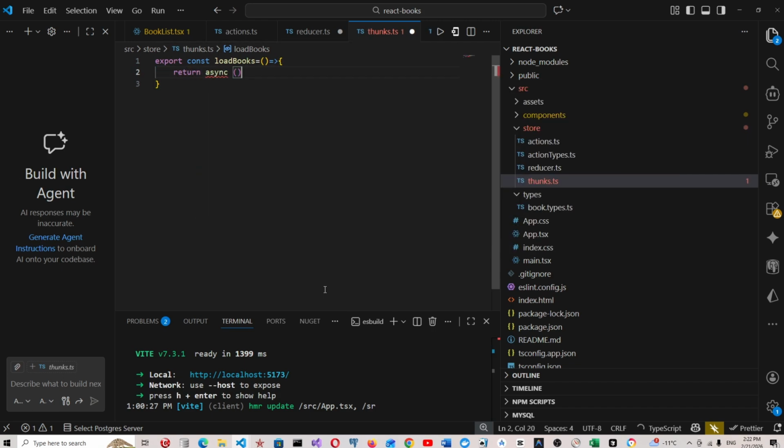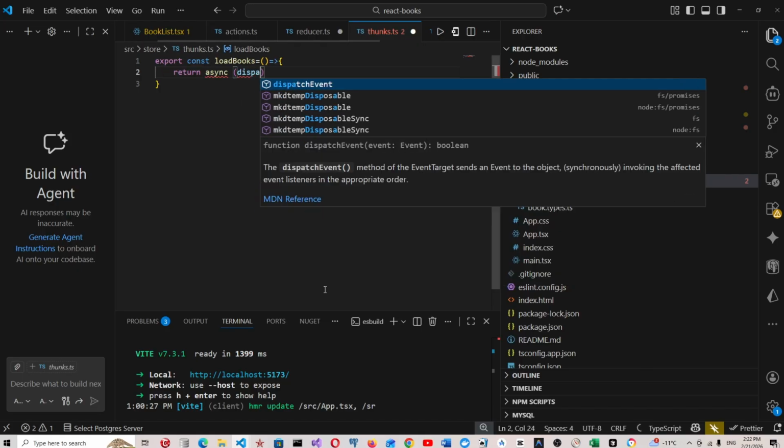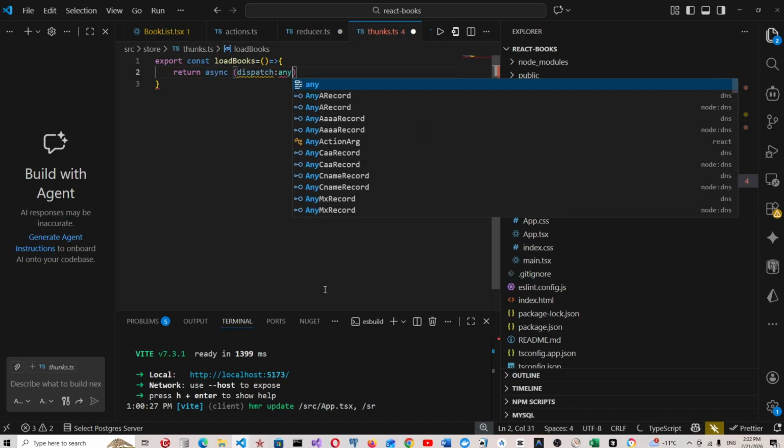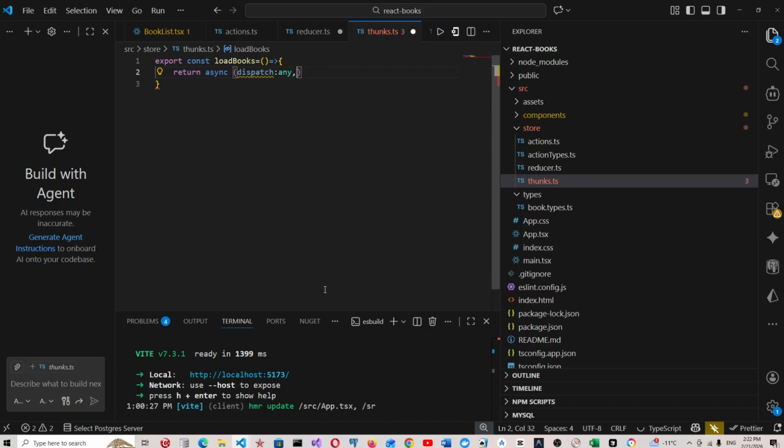Async, we take the parameter dispatch type of array, and you can also have the get state type of array over here, but we only take one for our notebooks,